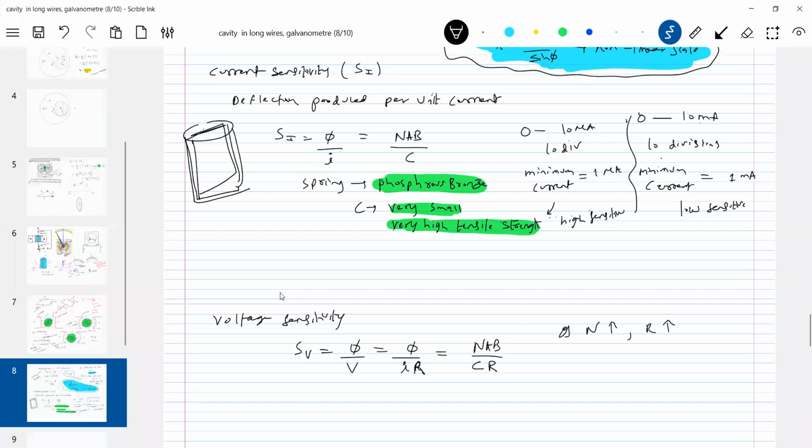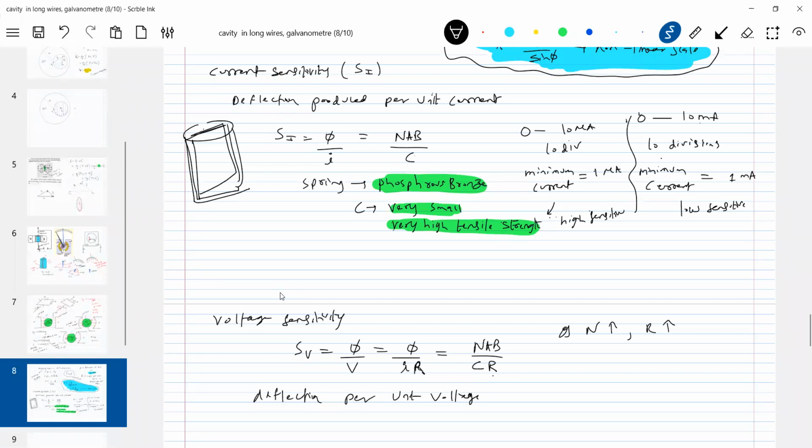So now come for this one. If I increase current sensitivity, proportionally voltage sensitivity will increase. So this is deflection per unit voltage. If I increase the number of turns, proportionally resistance will increase, no? So therefore, what will happen to voltage sensitivity? It may not change or may change, no? It all depends upon this ratio of N by R. So if I increase current sensitivity, voltage sensitivity also increases.